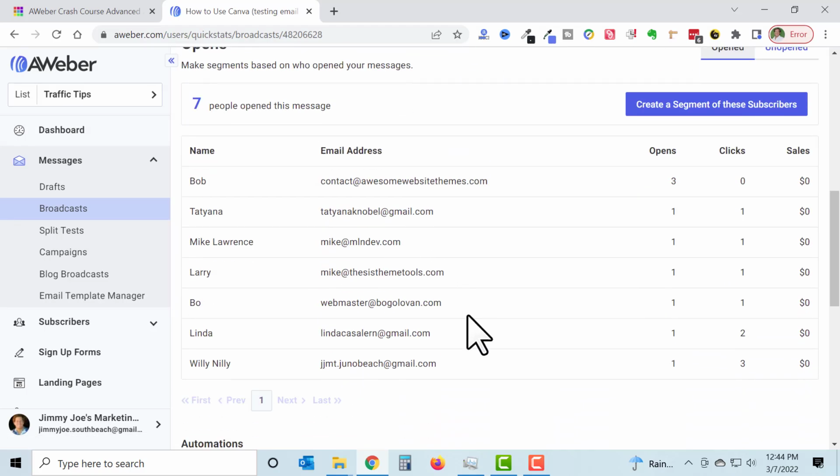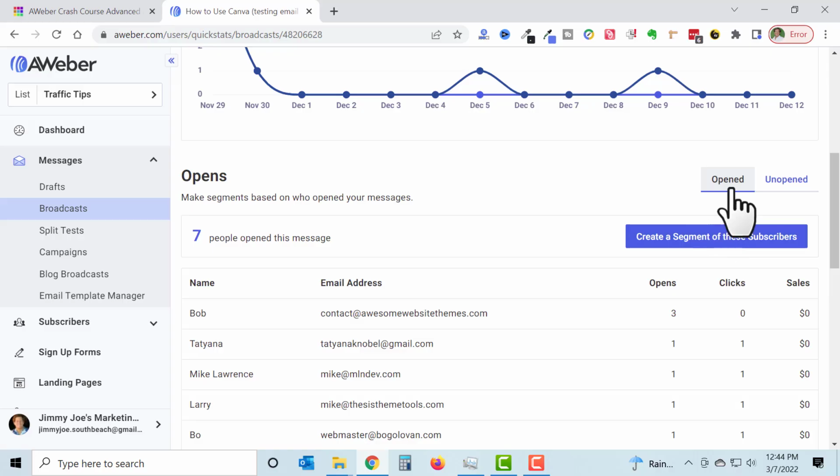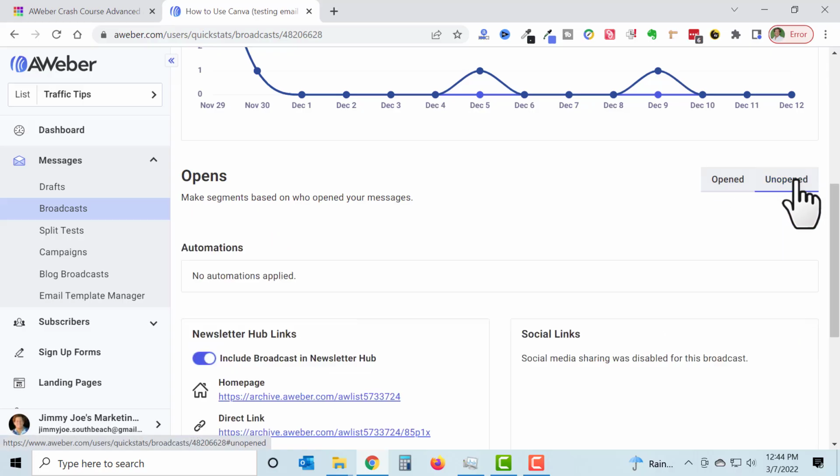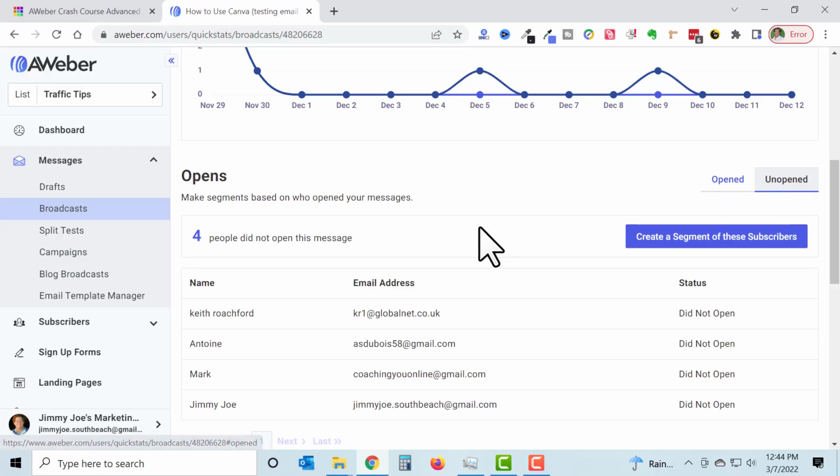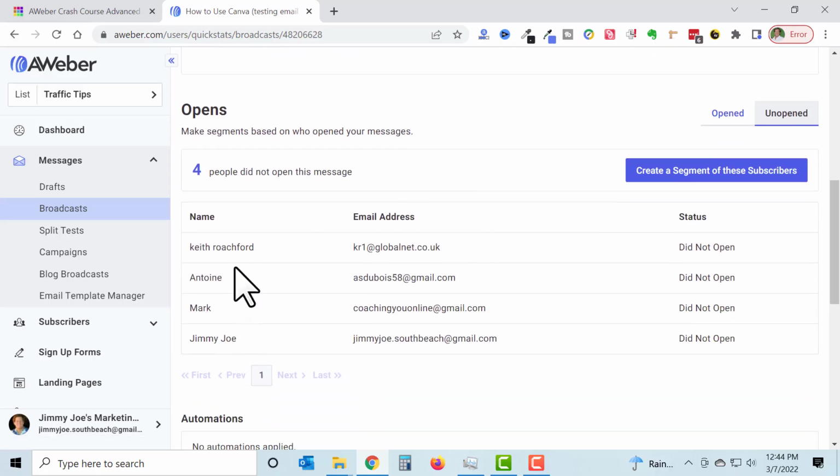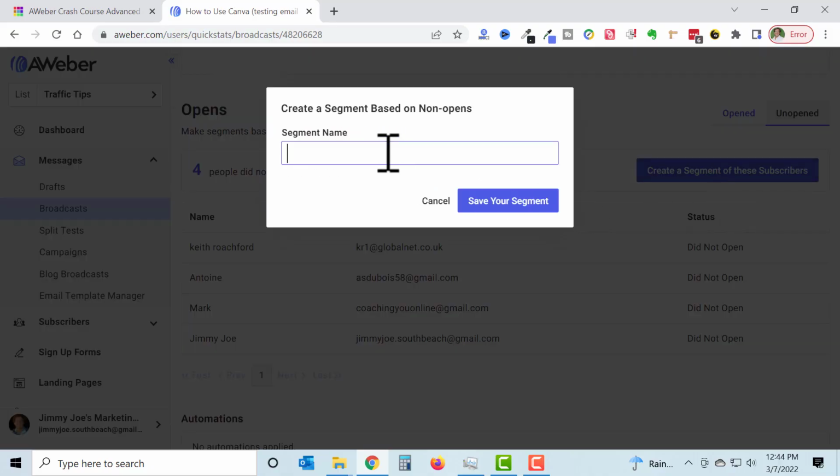Okay, so these are the 7 people that opened the email, and you can see that is under the Opened tab. I want to click on Unopened, and you can see there are 4 email addresses for the people that didn't open up the email at all. So I'm going to create a segment of these subscribers, of those 4 people, and I'm just going to call it